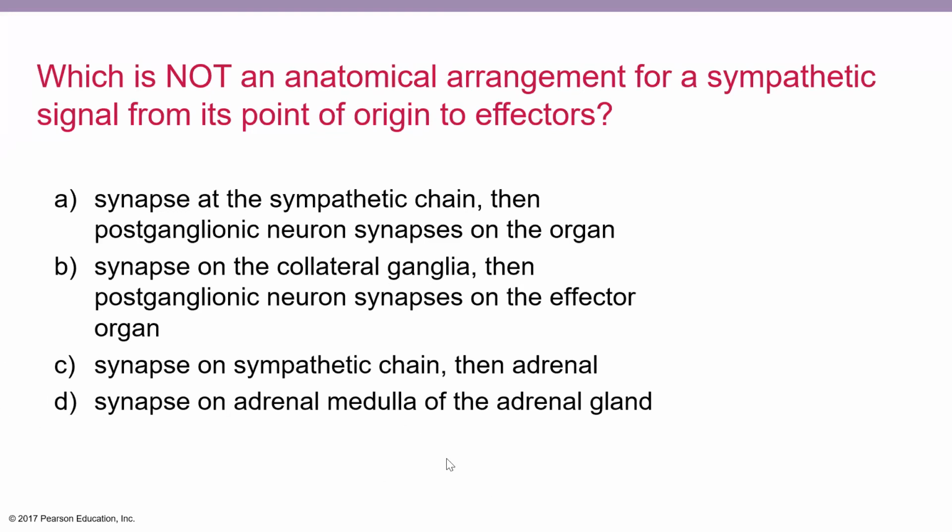It doesn't synapse onto the sympathetic chain and then the adrenal gland, it's either or. So it's one of those three routes of communication, not two out of those three routes. So it has to be one of those three routes. Okay. All right, and so the correct answer